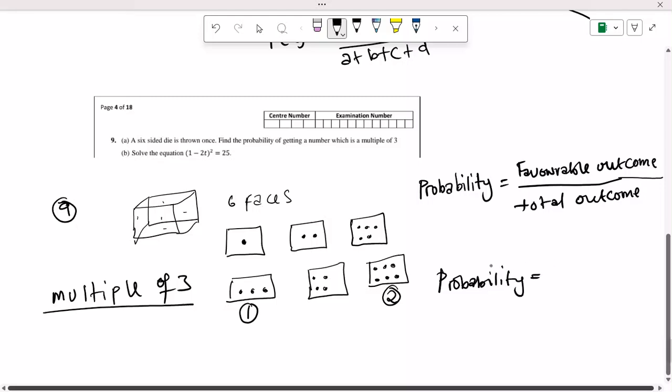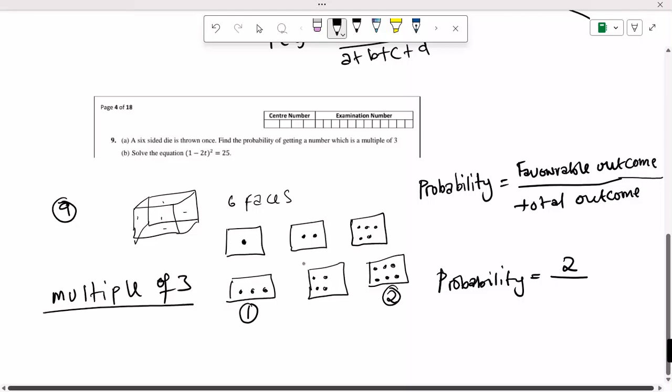So favorable outcomes. So we have how many faces? We have face 1, 2, 3, 4, 5, 6. And among these faces, which ones have multiples of 3? How many have multiples of 3? So it's this one and this one. So 2 over